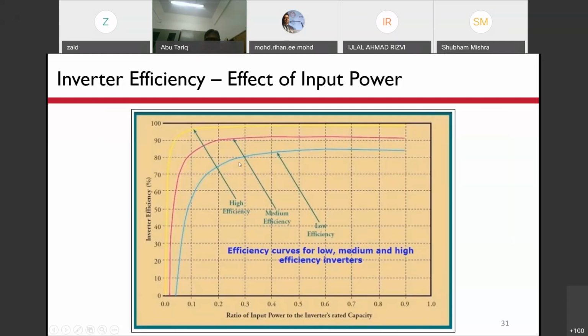But you can see here, if the power output is more than 20% of the capacity, then efficiency is quite good. That is, if it is operated below this level, efficiency drops, becomes very low at very low load. But for sufficiently long, high range, the efficiency is quite high. Say here after 20%, efficiency is quite good. So this is one thing that we must know.